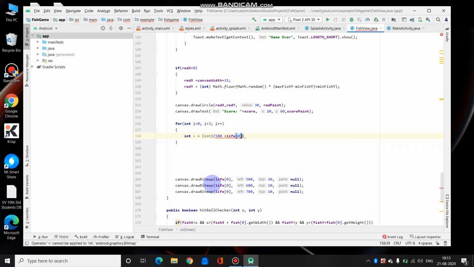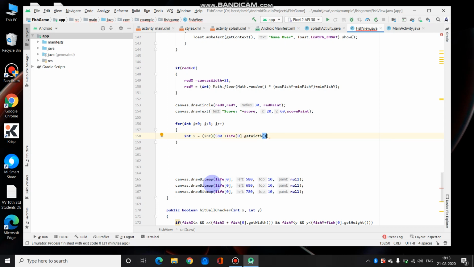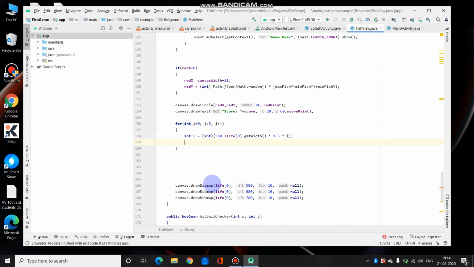We have already used life, so that's why we were not able to use life. 0 dot get width into 1.5 into i. And int y is equal to 30.